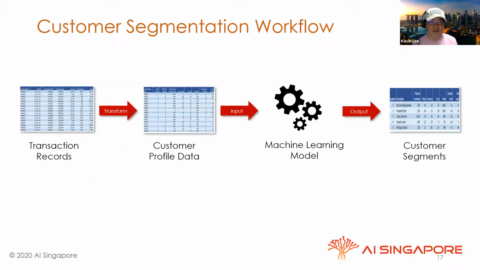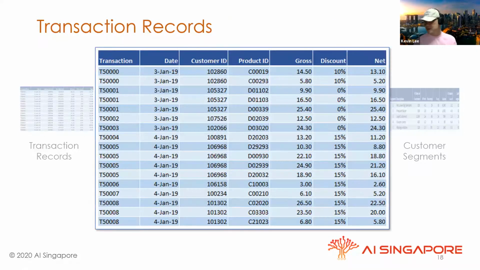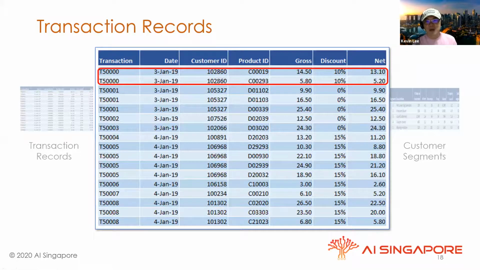So given this scenario, let's see how we do customer segmentation. We will start with transaction records. And when I say transaction records, I mean something like this. I think every company who sells products or services will have this kind of data in their accounting system or in their ERP. Each of these is a transaction. And in each transaction, you have multiple product IDs. That means they bought multiple products in one receipt, but it belongs to the same customer, how much is spent and discount and stuff like that. So this is very standard. I think everybody would understand what that means.